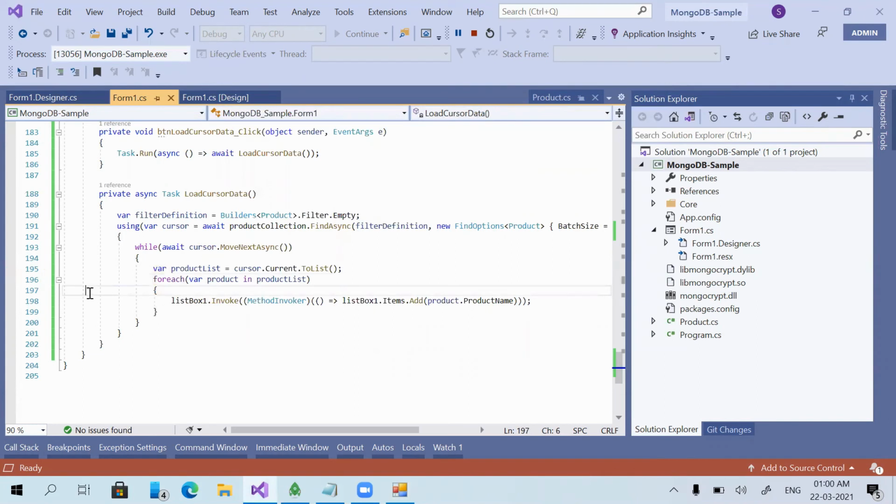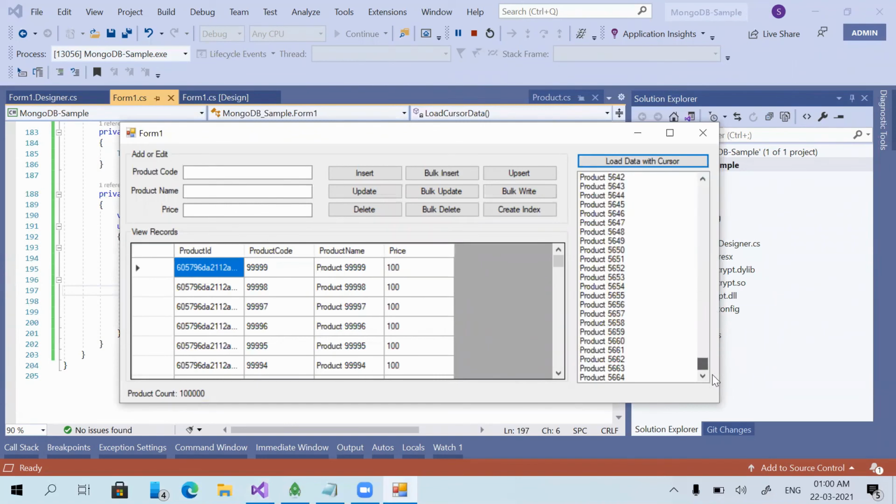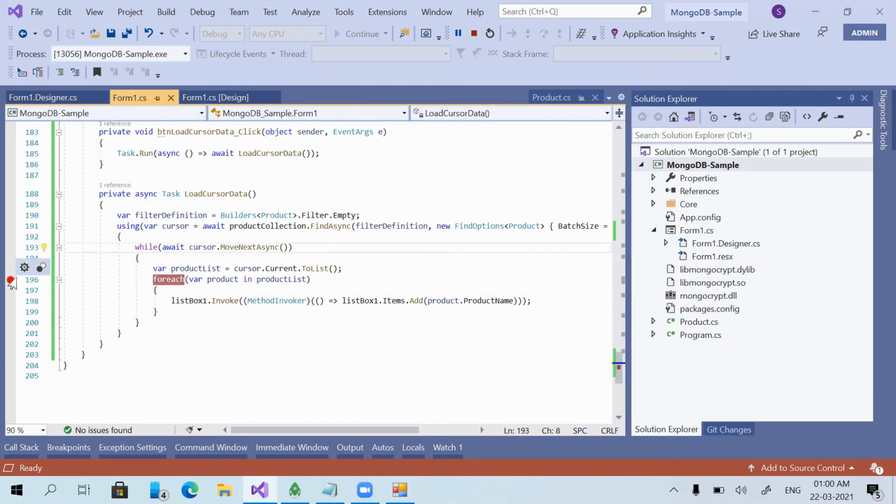As I told in the previous example, sending bulk emails is a very good example of this kind of scenario. What we can do is take 100 email addresses, send emails to those 100, then take the next 100 email addresses and send emails to those. In this way we can complete the whole process. Now let me check. Yeah, there is a lot of data. I think the process has been completed.